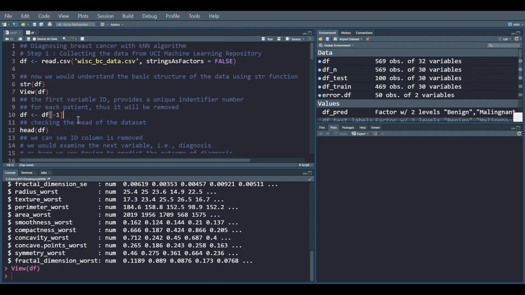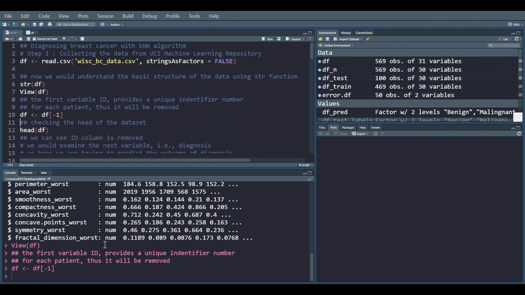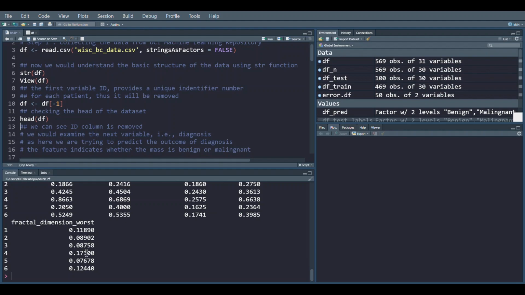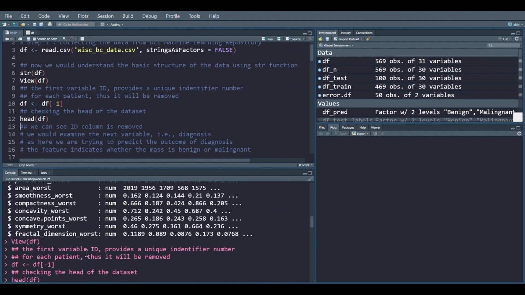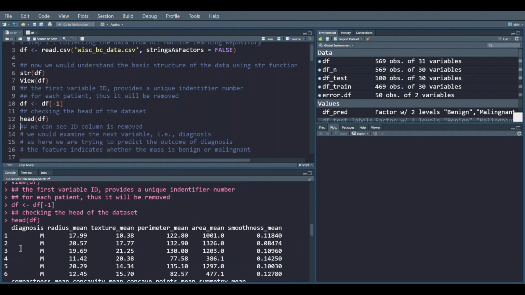We have run this command. After this, the first variable has been dropped. Now if we check the head of the data frame, it would look like this. No ID column is there, so it has been dropped.